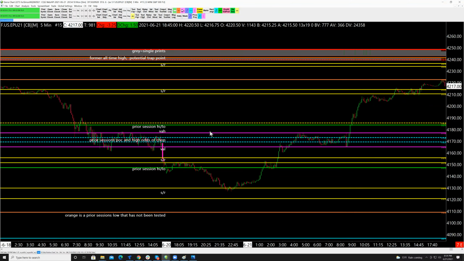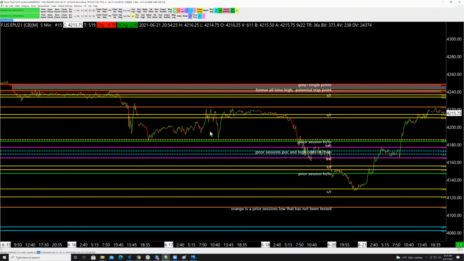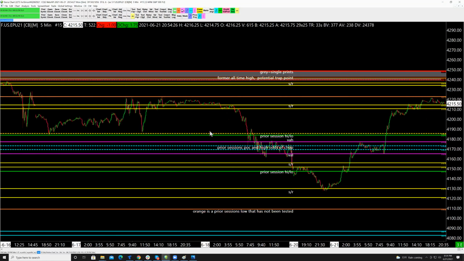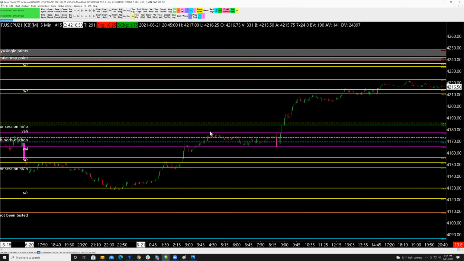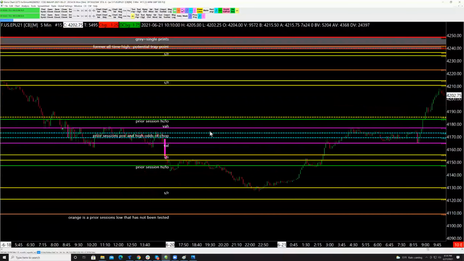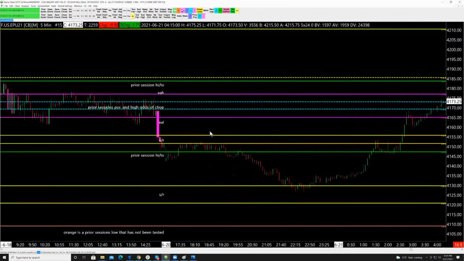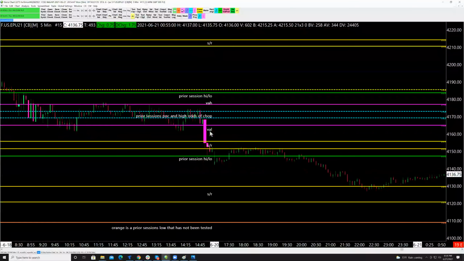If you look at the PA over here, what I often ask people is, what are the other ways you would have been able to tell where support and resistance are? People talk about structure. People talk about price action, right? So one of the things I look for is, well, where was the last swing high? And if you look at this going into Sunday evening, the last swing high is,